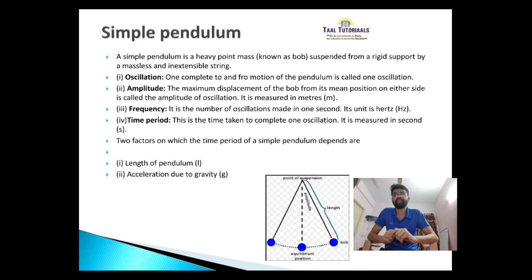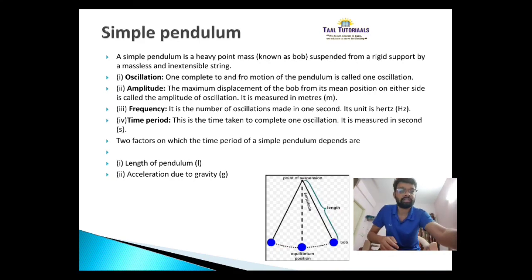I asked you one question: is the wall clock pendulum a simple pendulum? No, it is not, because it has mass. Actually, only the string can be assumed massless, but the bob will have mass and a little bit of friction. So in reality there cannot be any simple pendulum, because it has mass. We can only assume it.